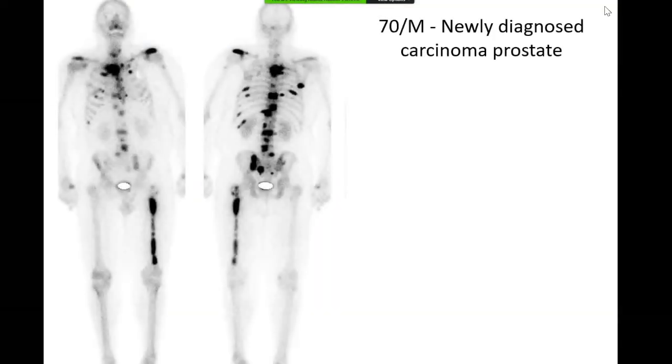You can see the short history. This is a newly diagnosed patient with prostate cancer, and this is a bone scan. Two views, whole body. On your left is the anterior view, on your right is the posterior whole body view, and you can try to interpret it. Okay, so these are the MDP bone scan anterior and posterior images, and it shows